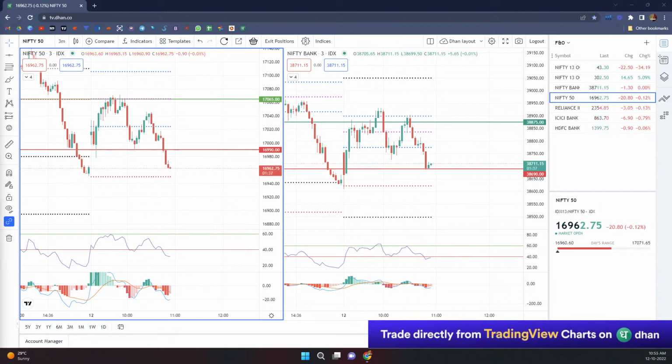Do you see that price action? In spite of such a big volume, and after they create everything, they are not able to move the price even by 10 points on the upside. Then what will happen? That means you have put in so much hard effort to take this market higher, but it is not going up and it is coming down. Almost 80, 90 points or 100 points, it has fallen.